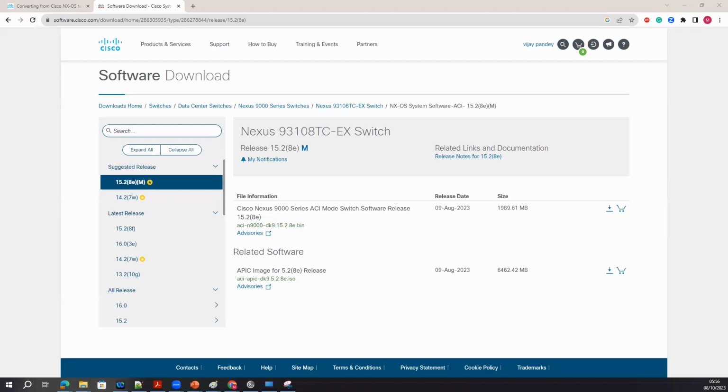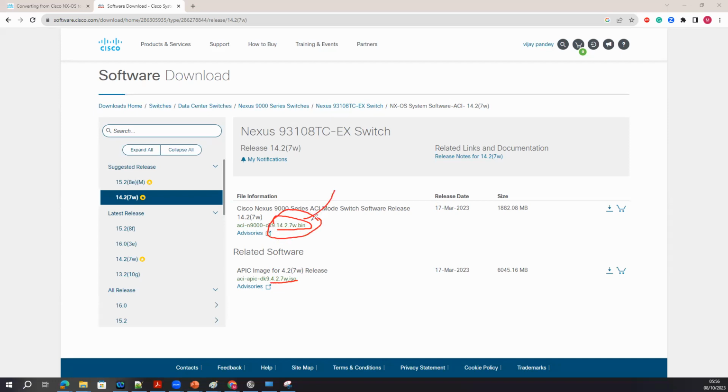Okay, if you are going for this image, 14 version, Cisco said that if you are going with the 14 version, you make sure APIC is running this one. So there is an intercompatibility. You have to consider that for each leaf, spine, and the APIC. Leaf and spine, the same ACI image can be installed in the leaf and spine. Forget about this one, this is just a model number. You can install this image in any leaf and any spine.